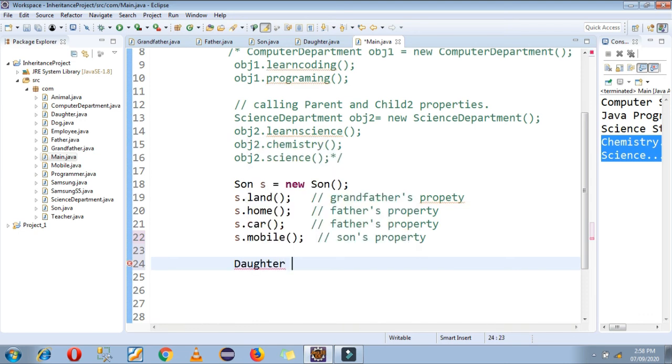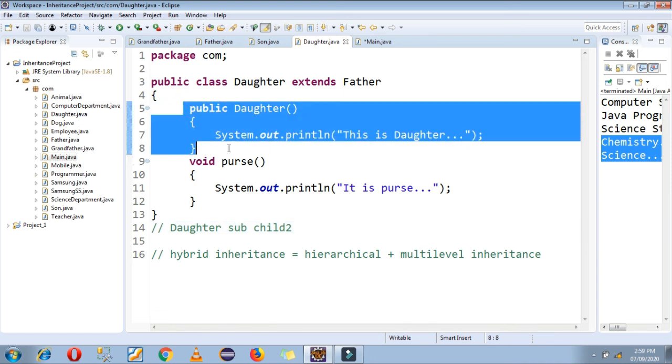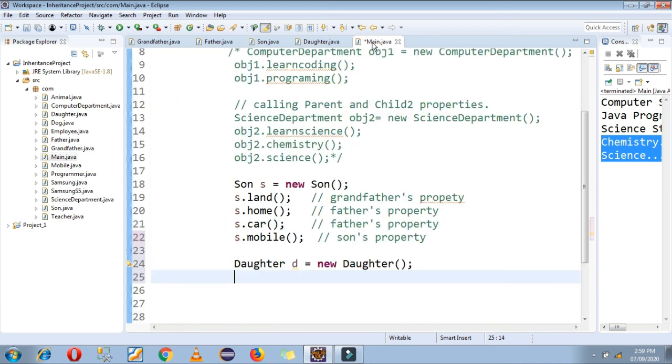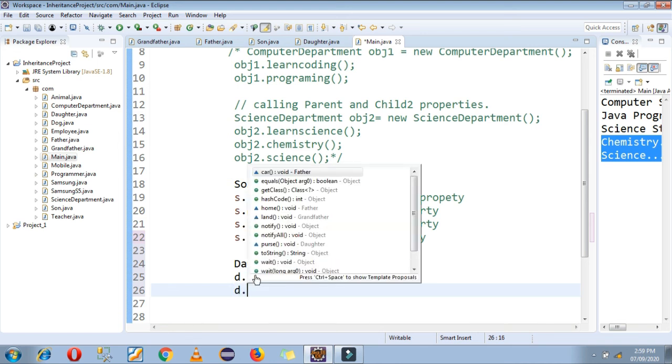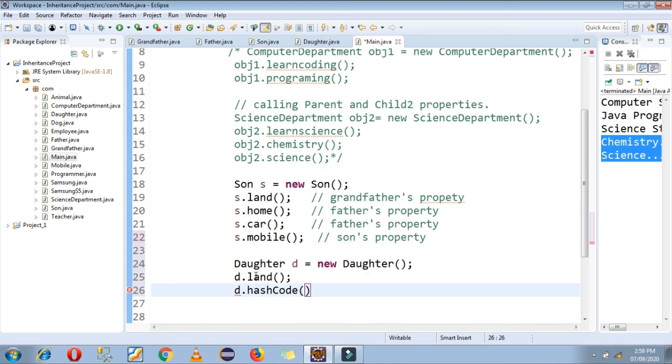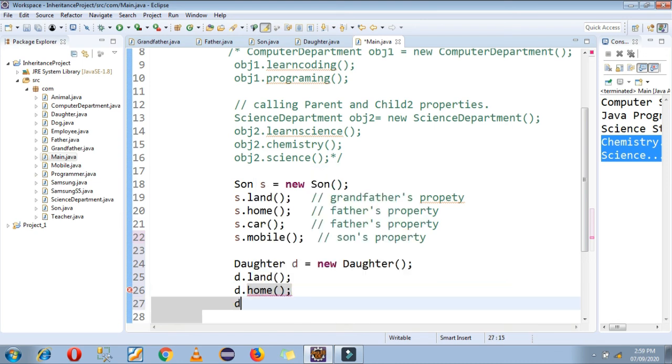Now the daughter class also has one constructor, that is the public daughter constructor. It gets executed when the object of daughter is called by the JVM. So one by one I am going to call the grandfather's and father's properties.